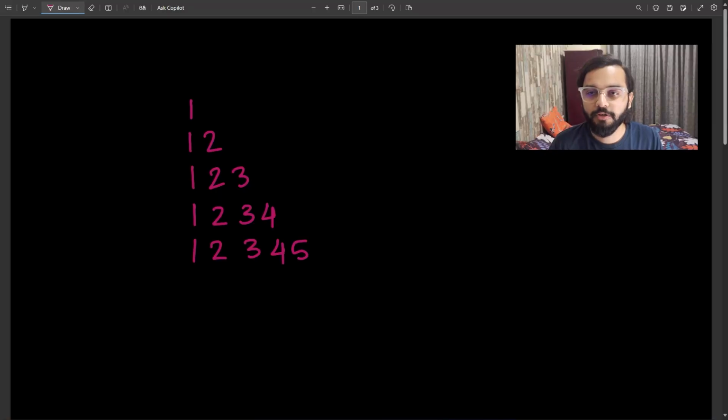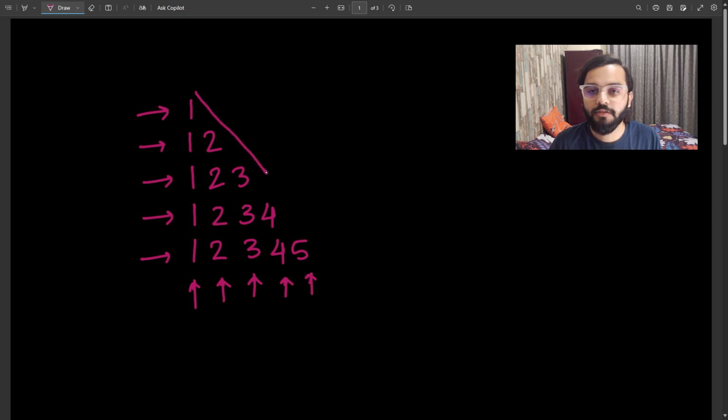Hello everyone. In this video we will continue the pattern programs. This is the question which is most likely asked in every board exam. Here in this pattern question you can see that we again have 5 rows and 5 columns, but the only change in the question is that we have this in triangular format.